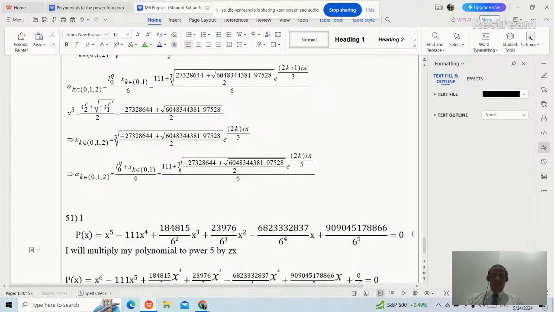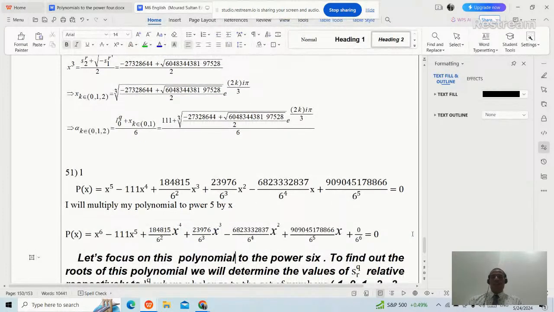I will obtain another polynomial. I will write it as px equals x raised to the power 6 minus 111 x raised to the power 5 plus 184,815 over 6 squared x raised to the power 4 plus 23,976 over 6 cubed x cubed minus